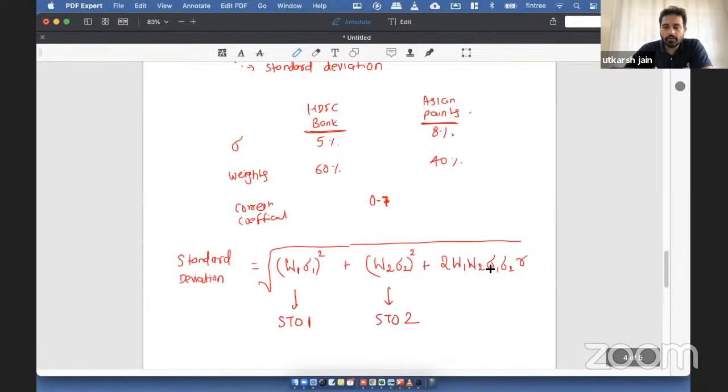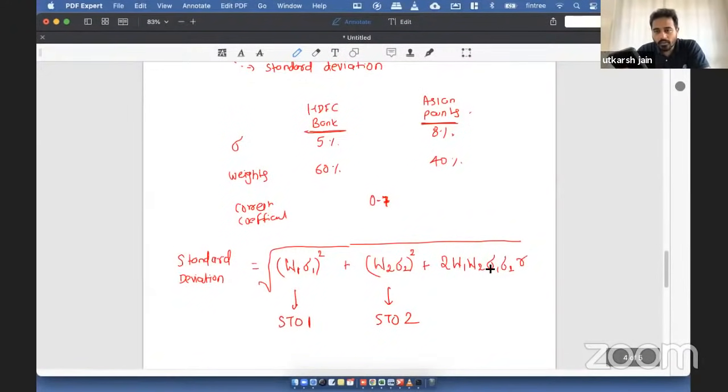So 2 into 0.6 into 0.4 into 0.05 into 0.08 into 0.7. Just multiply everything that you see on the screen. Equal to, what are you getting? I'm getting 0.001344, right? Put that in the third memory slot, STO3. And now just add up the three. RCL1 plus RCL2 plus RCL3 equal to. When you take the total, you would get 0.003, but please don't